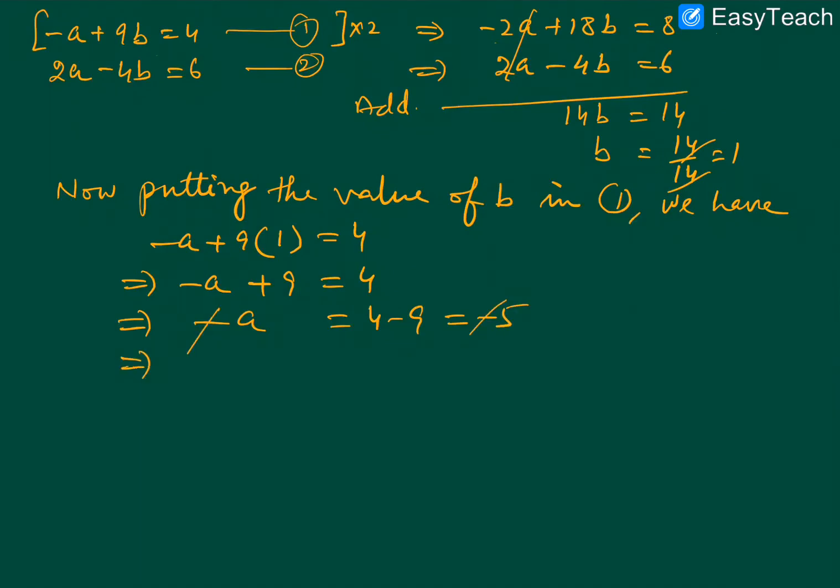Minus minus cancel, a is equal to 5. Thus, finally we have a is equal to 5 and b is equal to 1. This is the